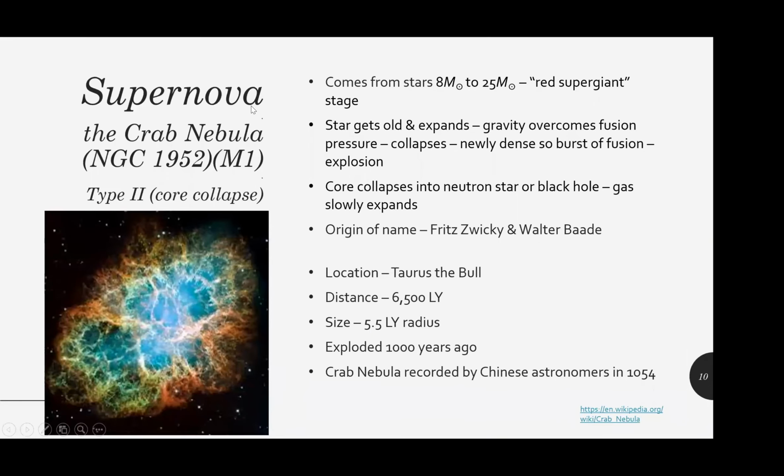So supernovas in general come from stars 8 times the mass of our sun to 25 times the mass of our sun. This is also when the star has reached the end of its life and turned into a red supergiant. It's just that these stars are bigger. So as the star gets old, it cools down and then expands. And as it expands,